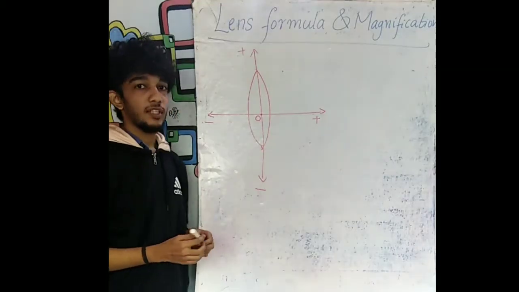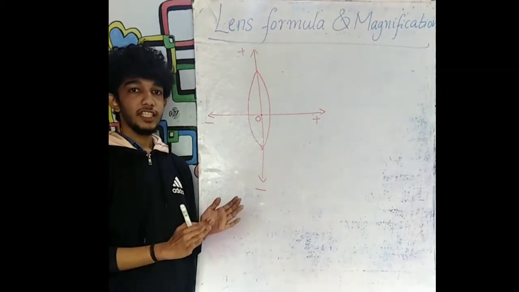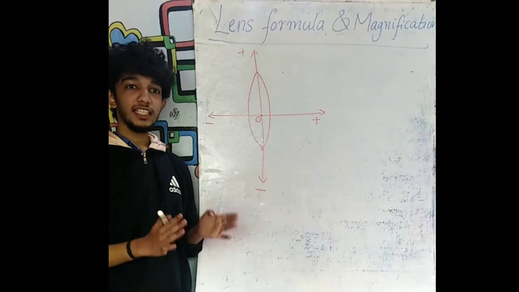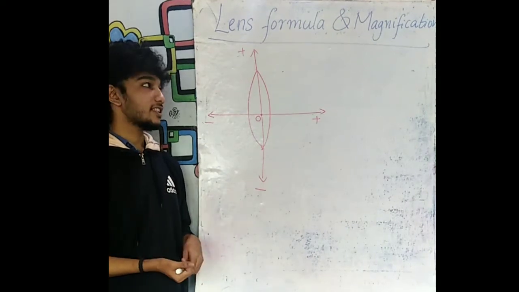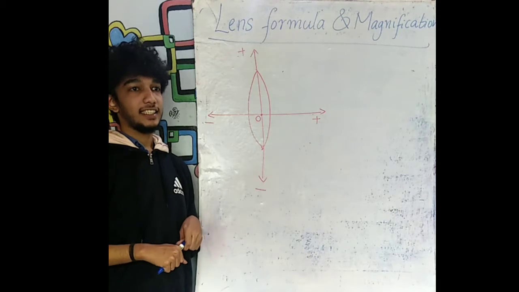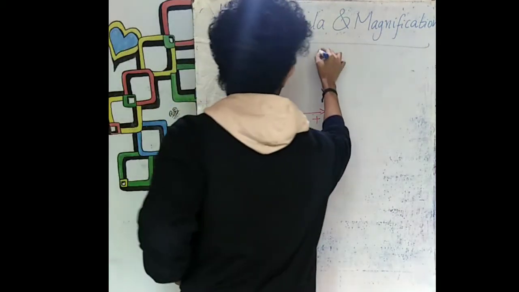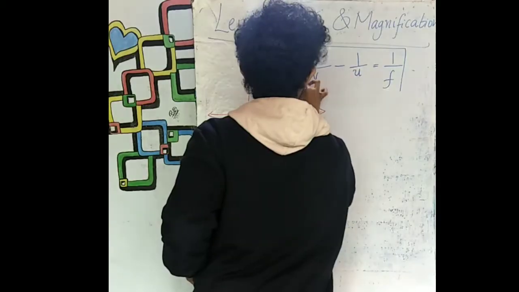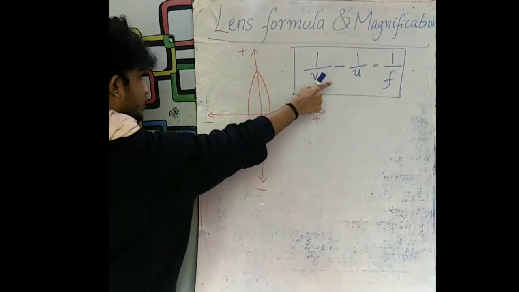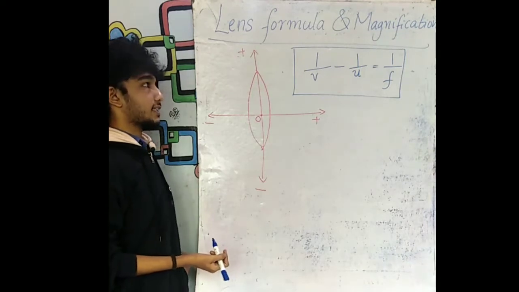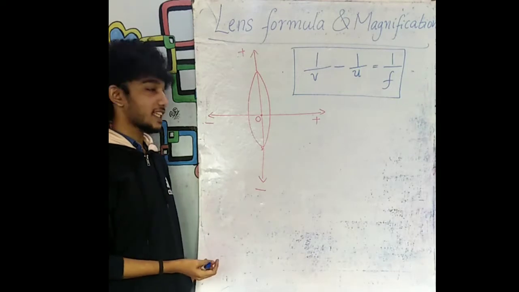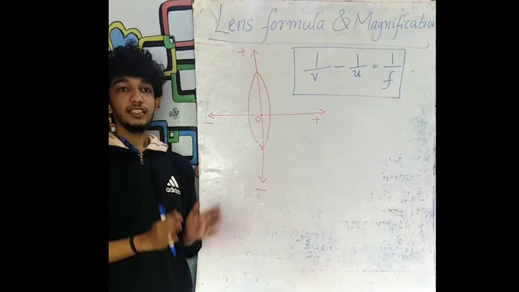Now moving on to the lens formula. So what was the mirror formula? 1/v + 1/u = 1/f. Similarly, the lens formula connects the image distance, object distance and the focal length of the spherical lens. That relation is given by 1/v - 1/u = 1/f. This is known as the lens formula, where v is the image distance, u is the object distance and f is the focal length. Here also, v, u and f have to be taken after applying the rules of sign convention. So this is the lens formula.